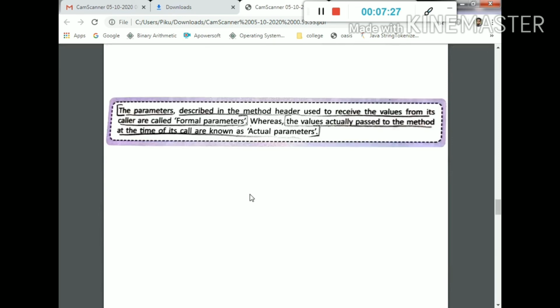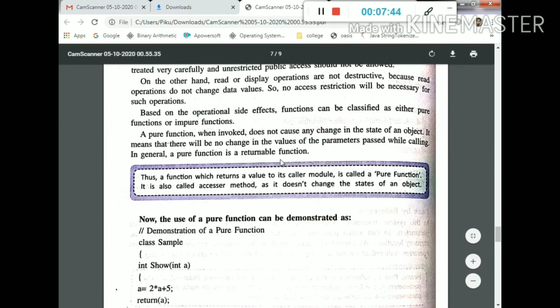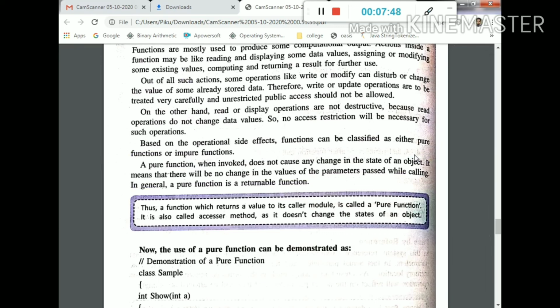The definition: the parameters described in the method header used to receive values from its caller are called formal parameters, whereas the values actually passed to the method at the time of its call are known as actual parameters.